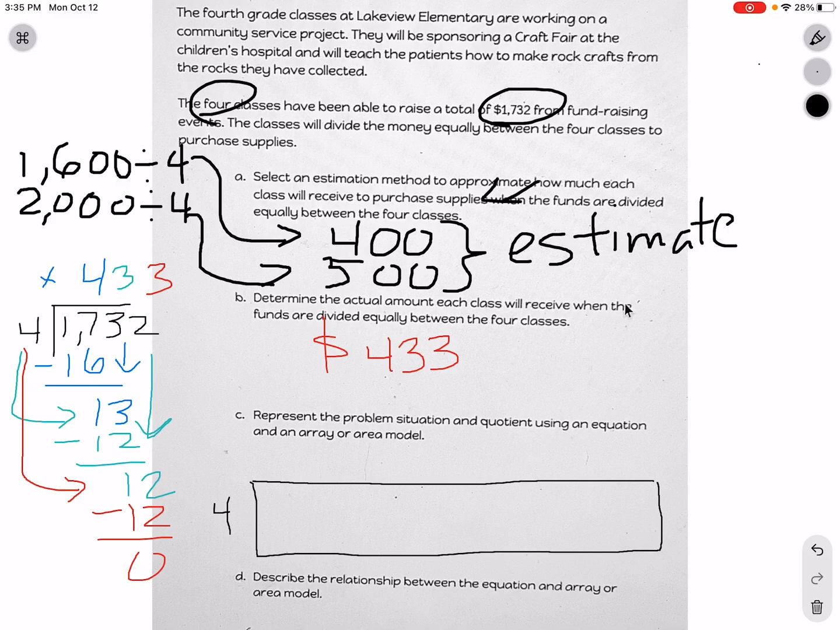We know that 400 will go into 1,732 4 times. Why don't we do 400? Because that's what we did in our problem. So I'm going to use the same color. I'm going to go back to the blue, and I'm going to write 400 up here. All right. And we're going to make this look like